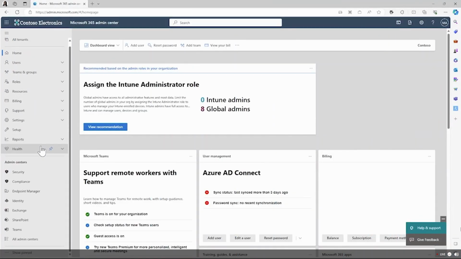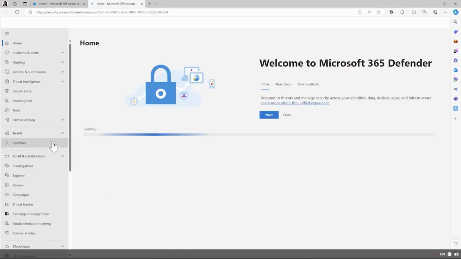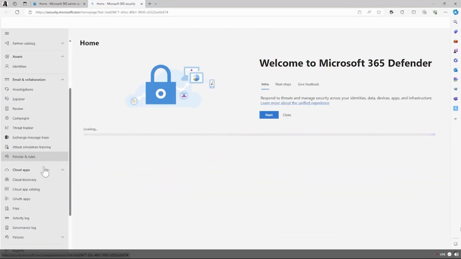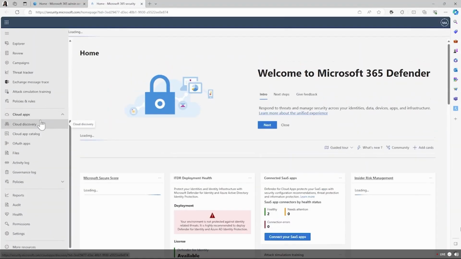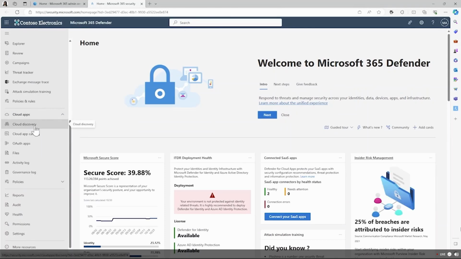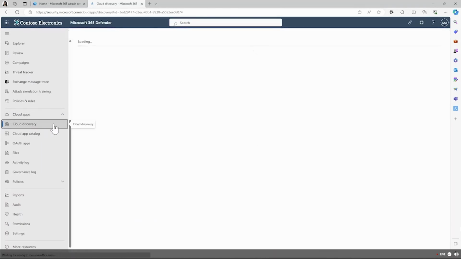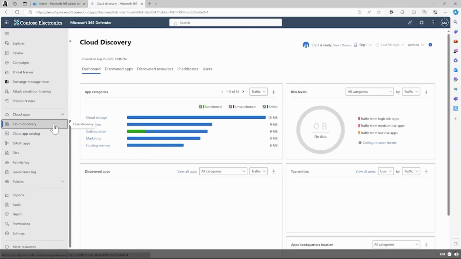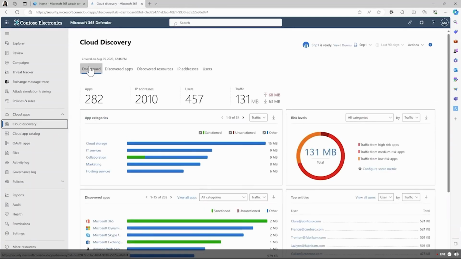First, let's connect to admin.microsoft.com. Once we access it, I go to Show all, then to Security, which redirects me to security.microsoft.com. I access Cloud Apps, and inside it I have Cloud Discovery. Accessing Cloud Discovery, I can see my dashboard, and I have the apps, the IPs,